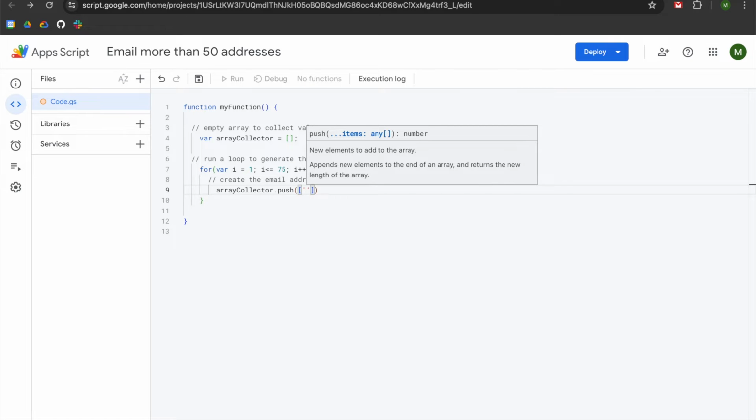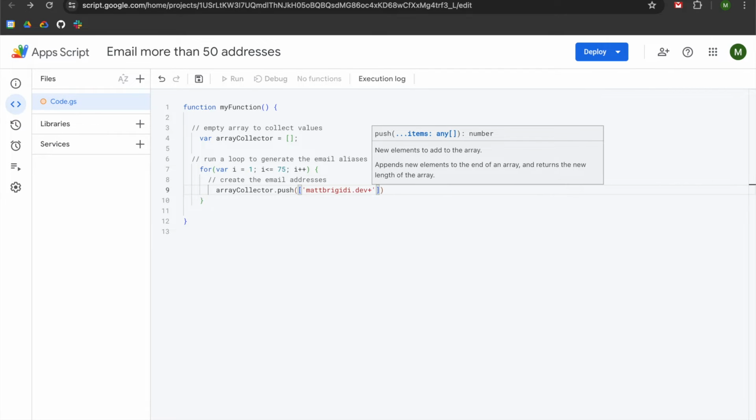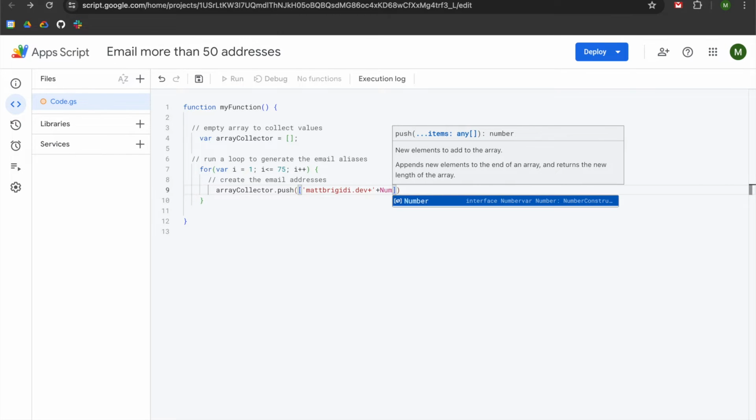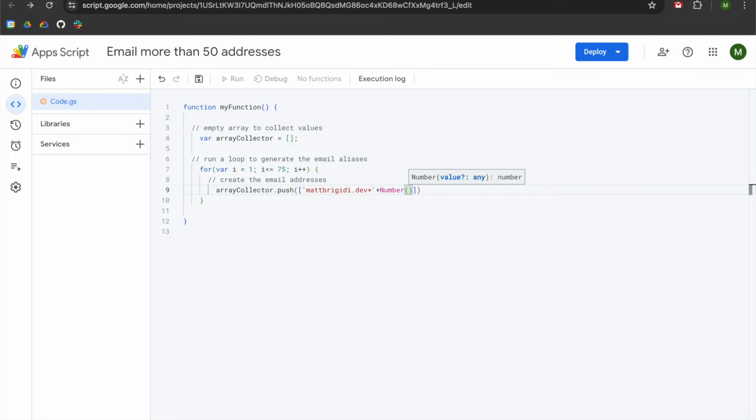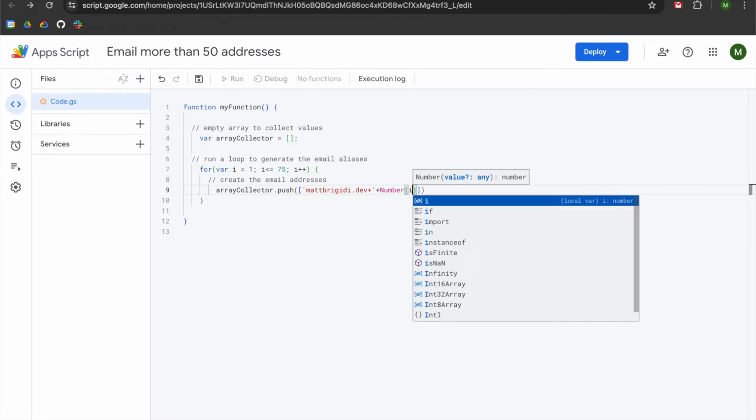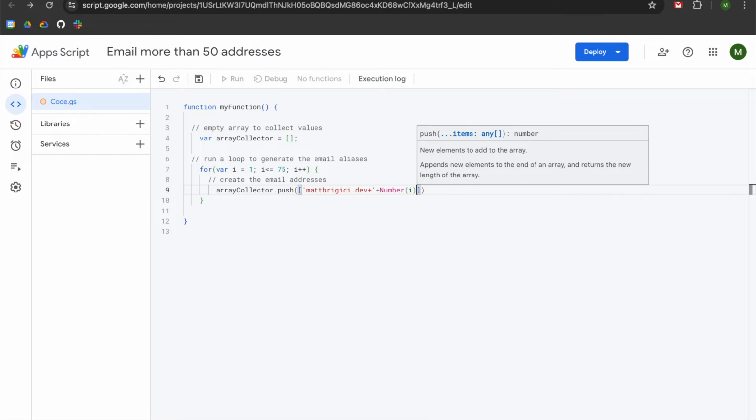So we're going to use single quotes, and then you're going to use your email address. I'm going to do mapbrigidi.dev, and then use a plus symbol, to the right of my single quote. And then I am going to type in capital N Number, open parentheses, and pass I. I'm going to go to the right of the parentheses, use a plus symbol, and then use single quotes, and type in